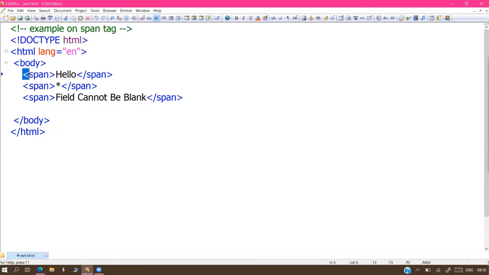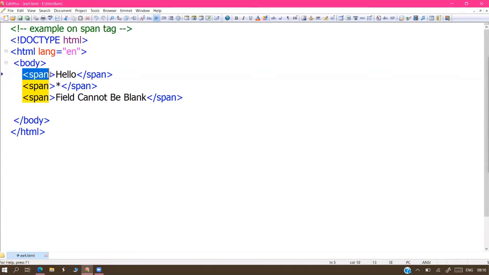Span tag is basically used for displaying a small textual information. Not heavy text here, very small amount of text. If you want to display a huge amount of text or data, for that, the paragraph tag is already available. We have the paragraph tag for displaying a bigger amount of data.